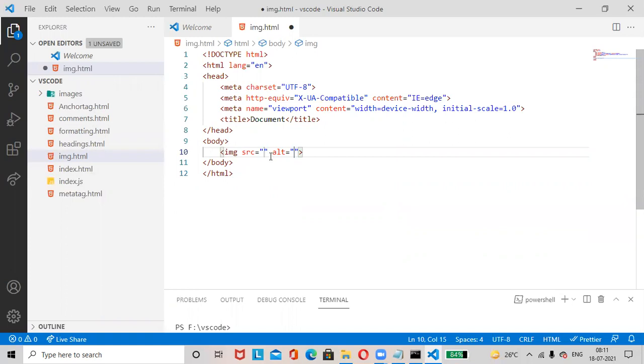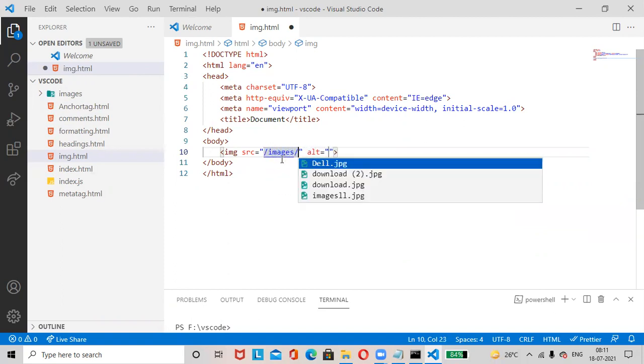Then in the src you can specify the images available. See here, the images folder is available. So I'll select the image from here, /images/. All of these images are available in my system.